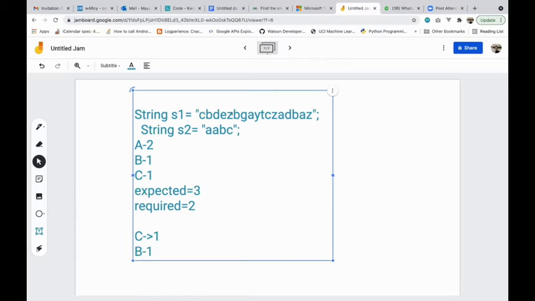So now C is 1, B is 1 in my map. Now I got another B, which is bigger than required. It's up to me whether I want to update its count or not. So let's say we update it to 2. Now G and A: I added 1 for A, but its count is not matching, so I will not increment required till now. I get C again, I increment it to 2, and I get A again, and I increment it to 2. Now it's matching the expected count for this particular character. So now I get 3, and as and when these two things match, I can print my string from the start point to this point.